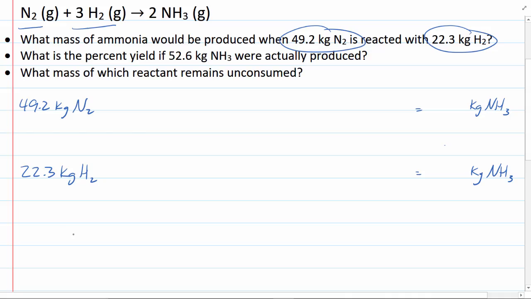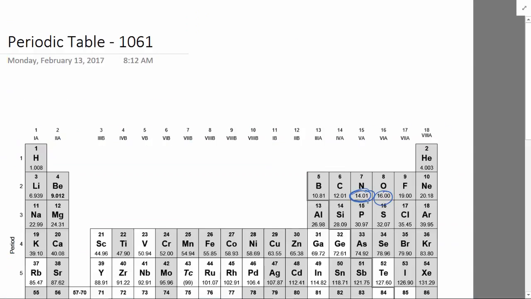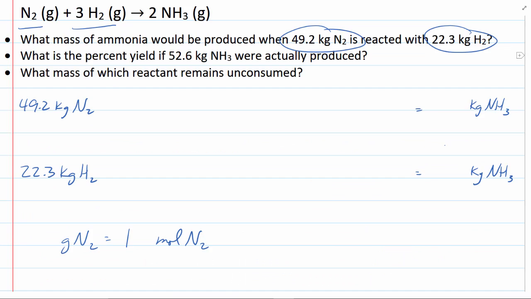49.2 kilograms of N2, and we're going to convert this to moles. And we're actually going to convert it to kilomoles because it turns out if we look at the formula, we have a relationship between grams of N2 and moles of N2. This here is called the molar mass. We go to the periodic table, we see that nitrogen has an atomic mass of 14.01. So if we take that times 2, we wind up with 28.02 grams of N2 for every 1 mole